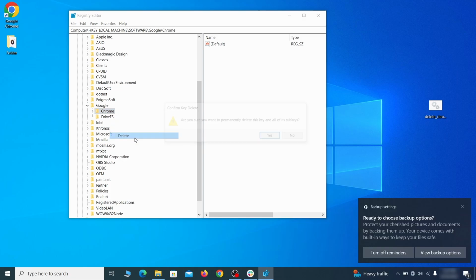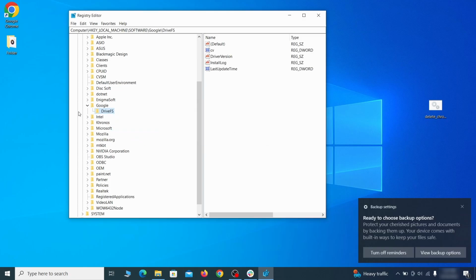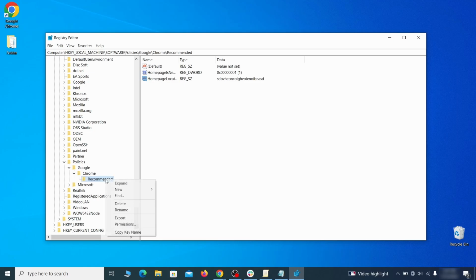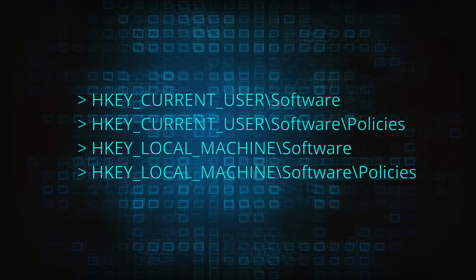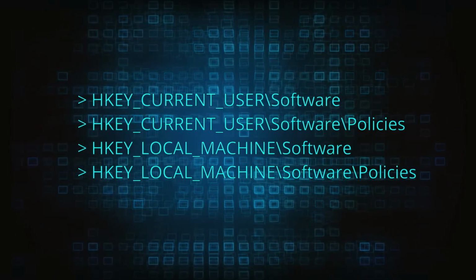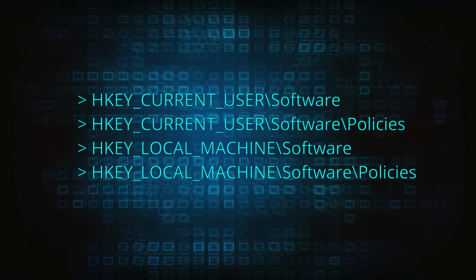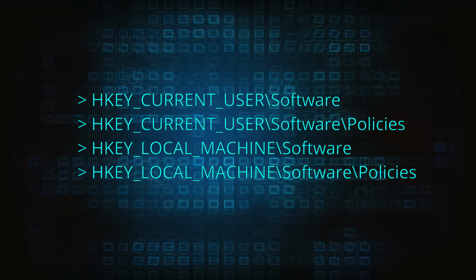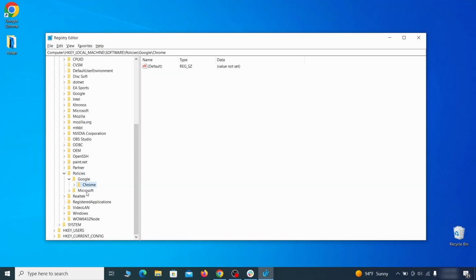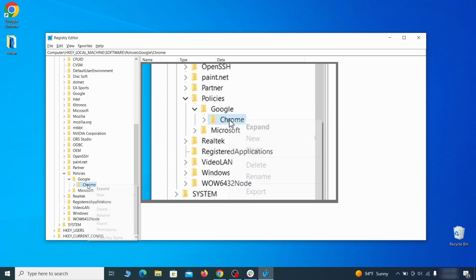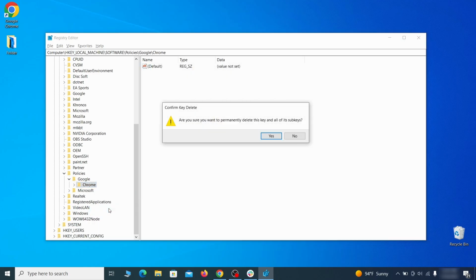After you delete everything linked to the first policy value you searched for, do the same thing with all the other values and extension IDs that you collected. Next, navigate to the registry editor paths you see on your screen and check them for registry subfolders, also known as keys, that have the name as the affected browser. For instance, if you go to your local machine, software, Google, and there's a Chrome subkey inside it, you must